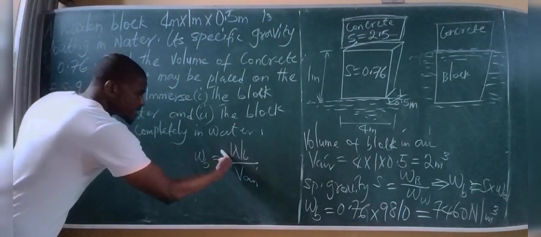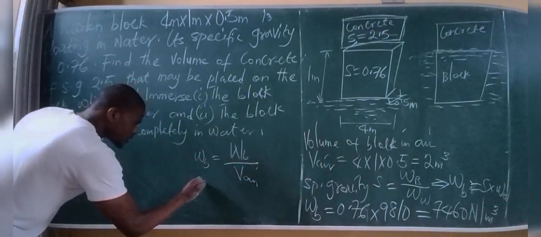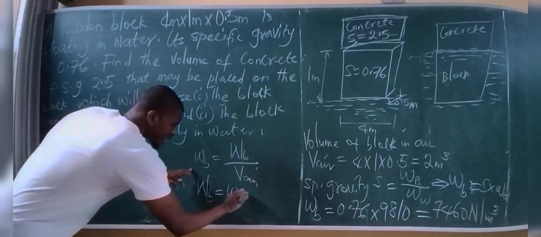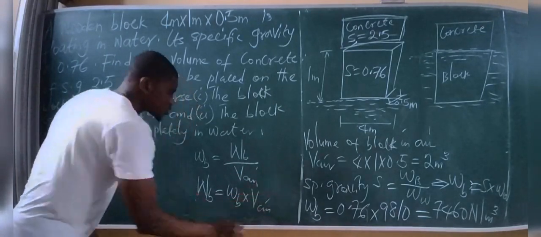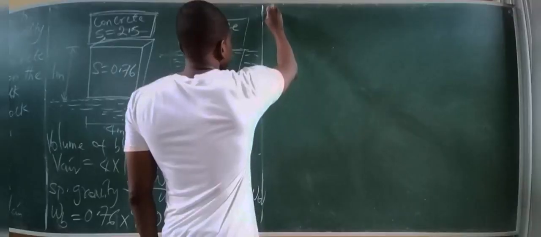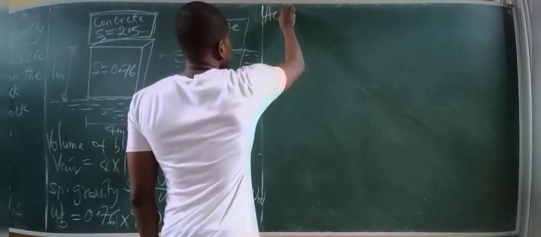So which means if we make the actual weight of the block the subject, WB now becomes the specific weight of the block times the volume of the block in air. So this becomes the actual weight of the block. So we'll do that over there. The actual weight of the block in air,